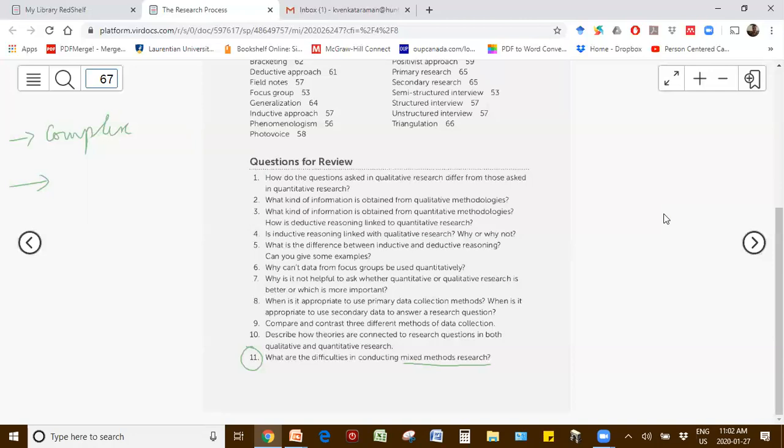At the end of the study, you've not just identified themes, you've also provided a numerical database for people showing, well, these are the reasons that students come to Laurentian. And amongst all of these reasons, most students come because of affordability, or because of ease of getting loans, or because of the size of the city, or because you have more outdoor activities to do. So you start getting a nice mixed methods thing going on.